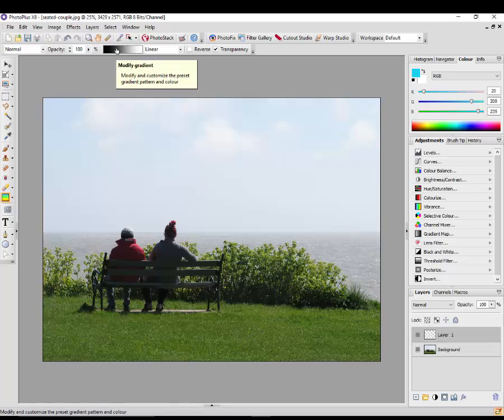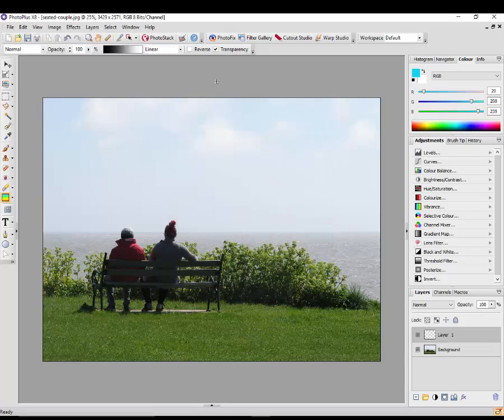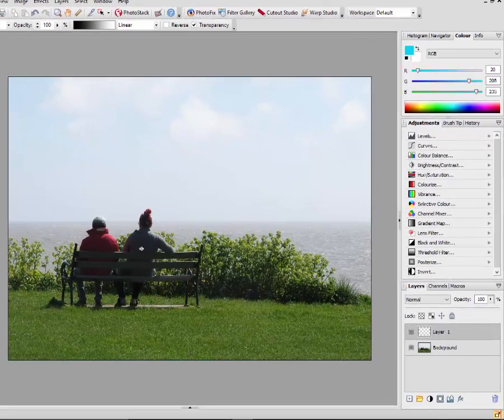Now I've got it on the gradient tool, and come up to the gradient representation. Now you can either use the black going to white or black going to transparent. I will show you both. So we'll go to the black to white first, because what this image needs, because the sky is so bright and the backs of these ladies sitting in this chair are quite dark, I'm going to need it going from black to white, black at the top down to the bottom. So if I hold the Shift key and come down,